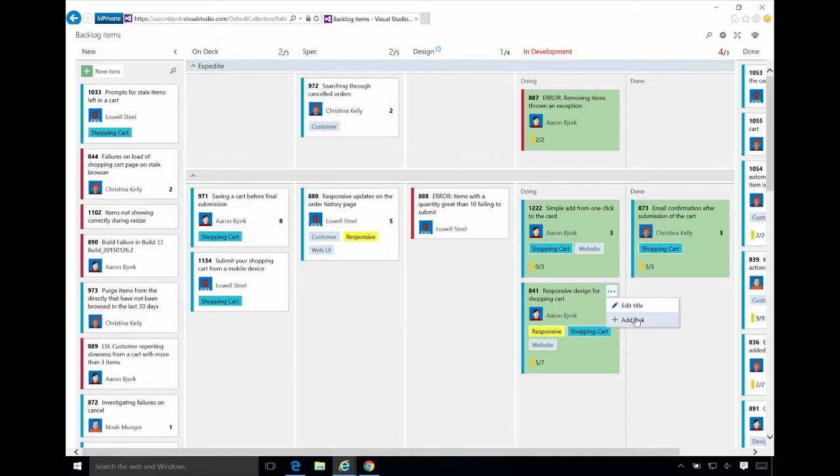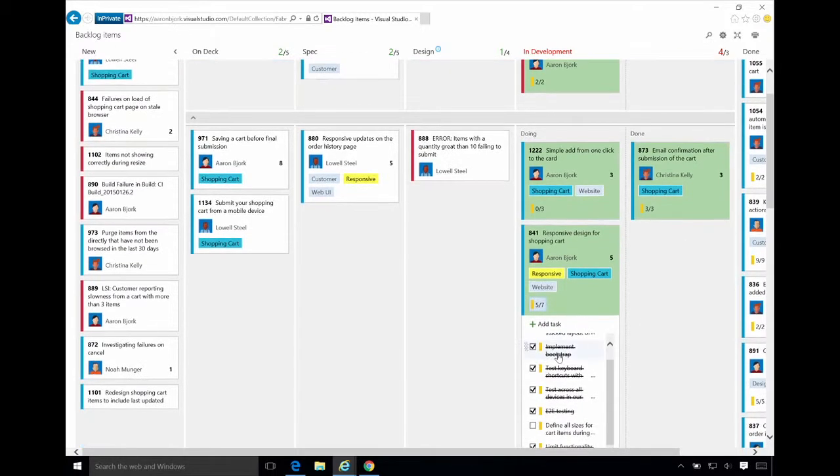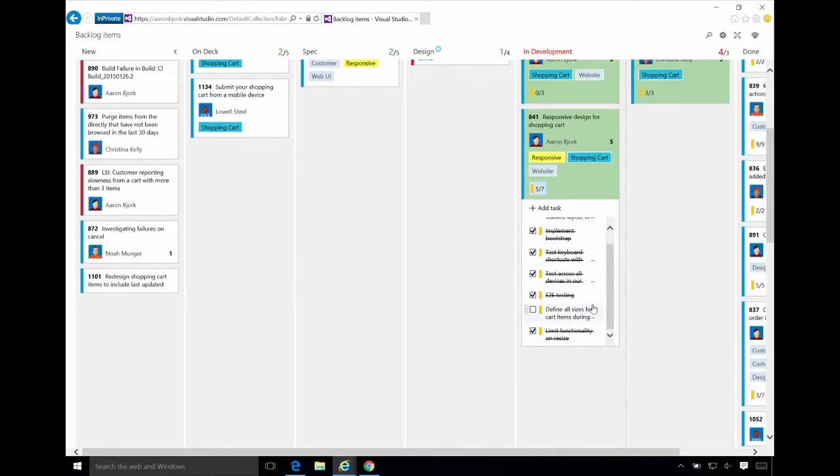And so you'll notice here I have this nice little add task gesture, or I can jump down here to the bottom and just see a set of the tasks right here that make up the story or the PBI on my board. And I can interact with them, I can reorder them, reparent them, and when items are done, I can just check them off. So it almost becomes a little bit of a mini task board right there for you directly from your Kanban